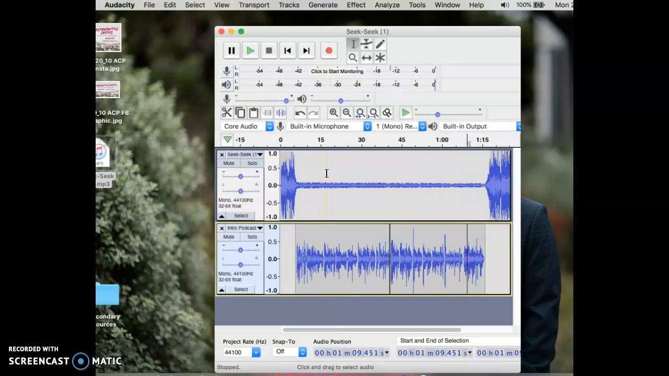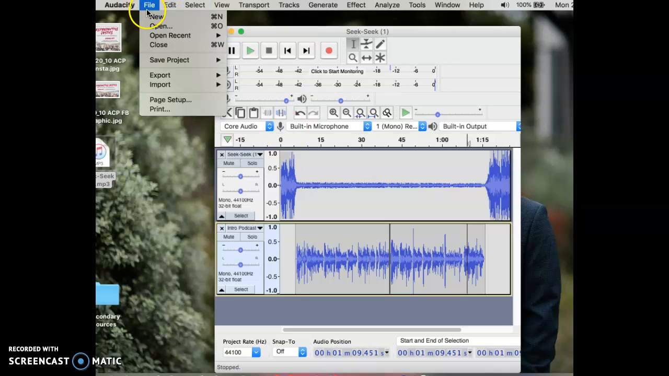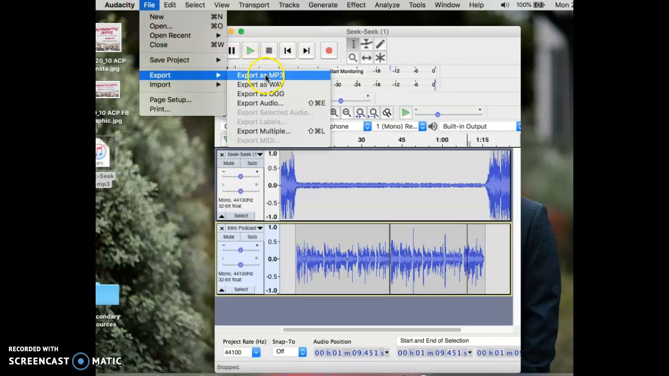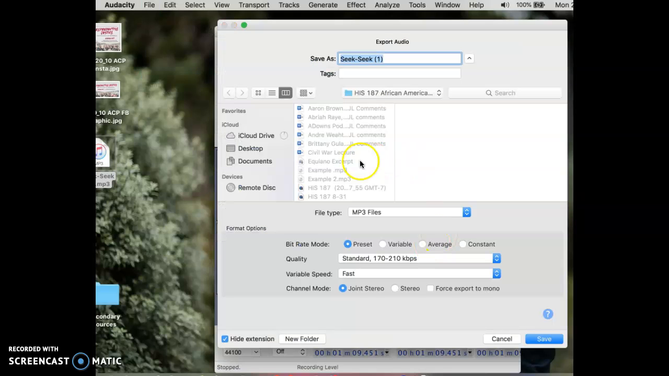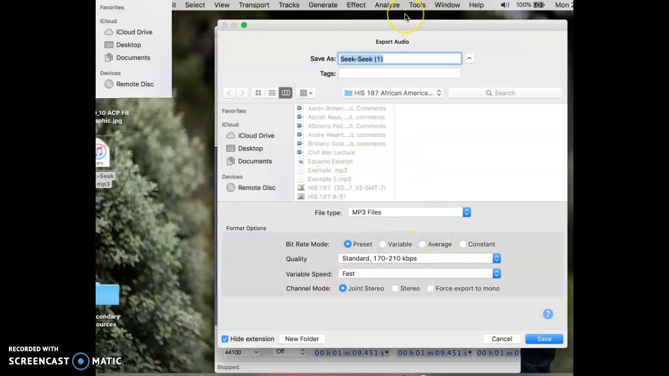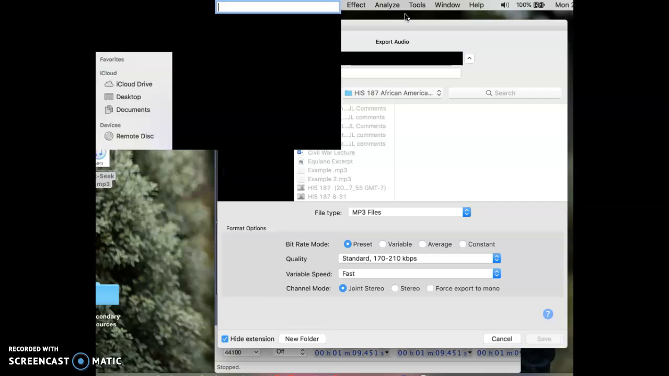Okay, so if you're satisfied with that, then you go back up to File and you export all of this together as a separate MP3. And this will actually put all of this together. So let's say this is full example